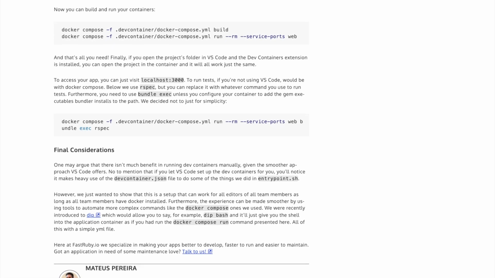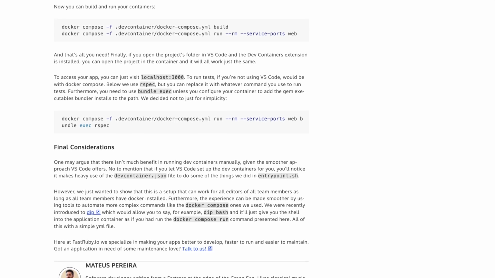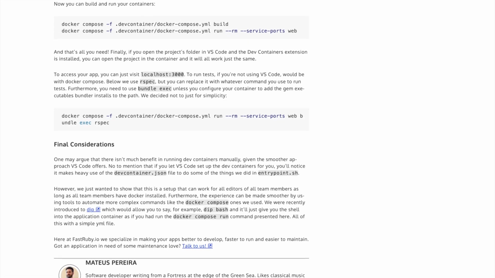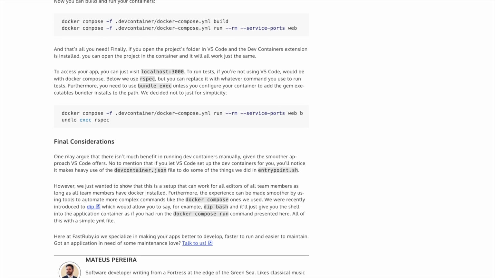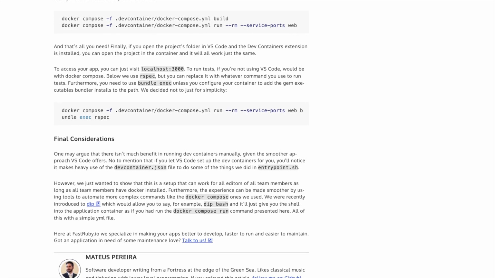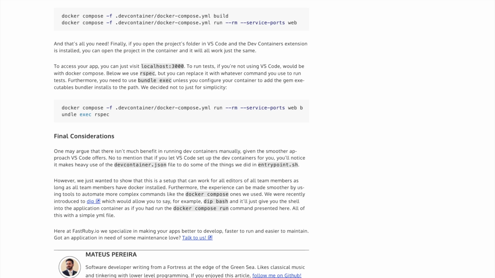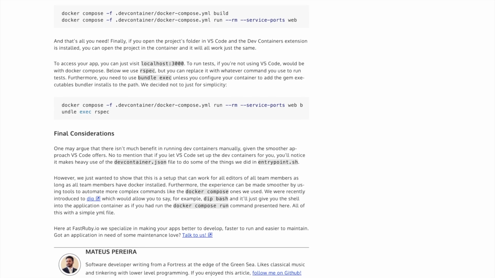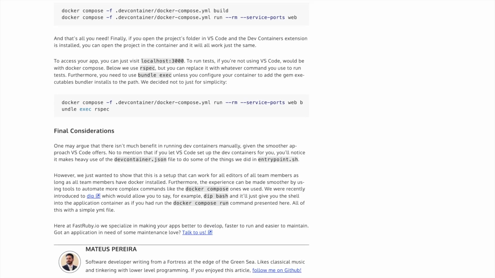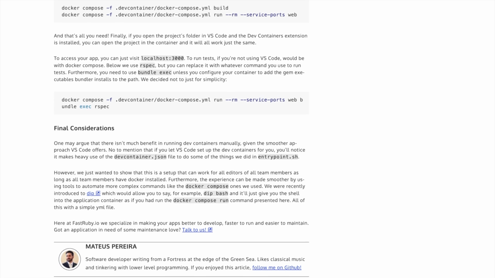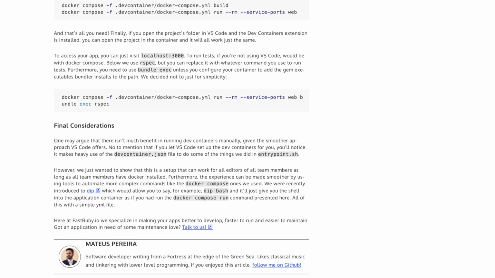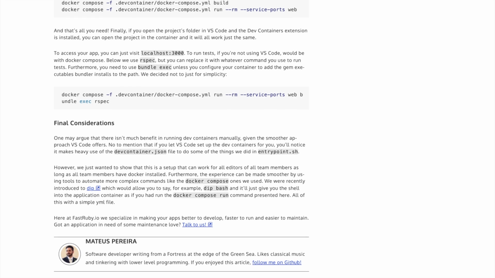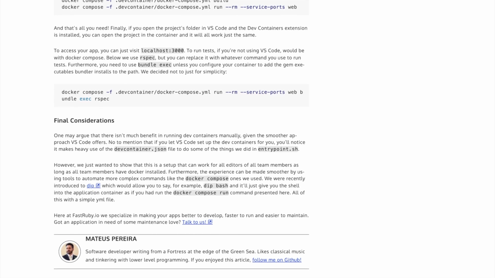Sweet. What about tests? The article mentioned rspec. How do I run those? Similar command, but you add the test command at the end, like docker-compose -f .devcontainer/docker-compose.yml run --rm --service-ports web bundle exec rspec. So Docker Compose run again, but instead of just web, it's web bundle exec. Right. It starts a new container, uses the web service definition, runs bundle exec rspec inside it, and then